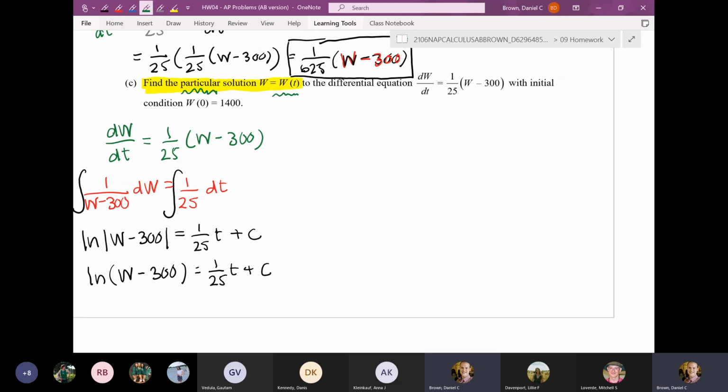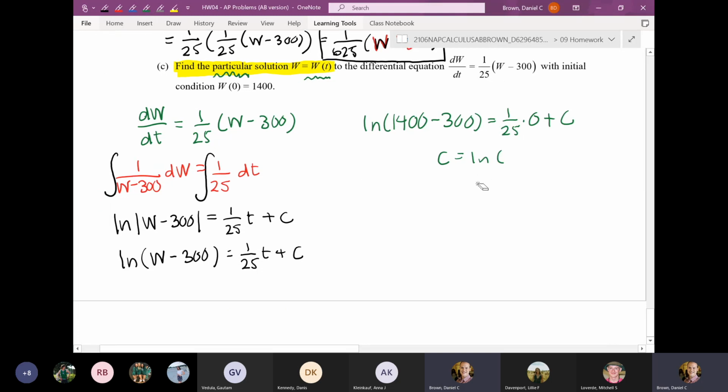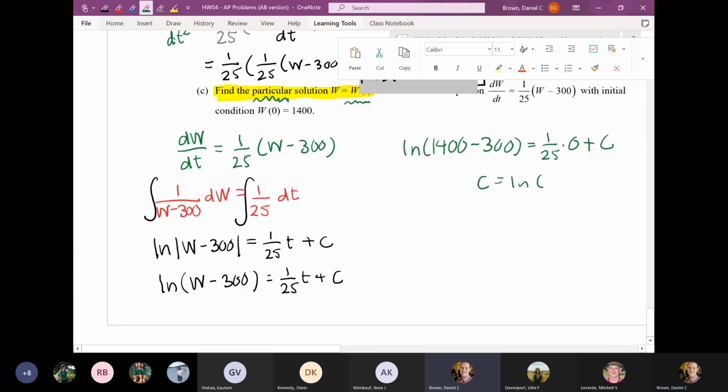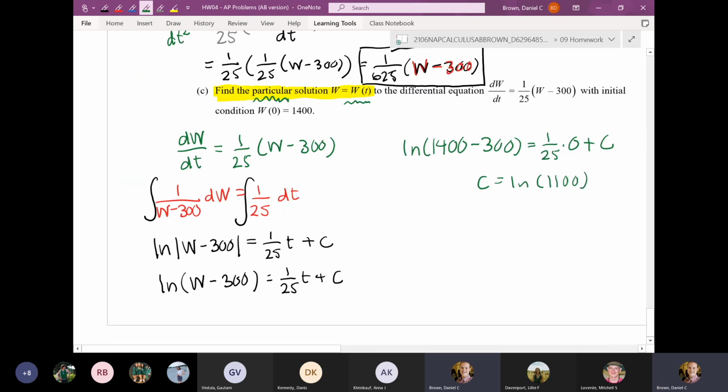So now let's go ahead and plug in that initial condition. I have the natural log of 1,400 minus 300 is equal to 125 times 0 plus c. Easy one. C is equal to the natural log of 1,100. And then I can use that to write my equation. So I have the natural log of w minus 300 is equal to 1 over 25t plus the natural log